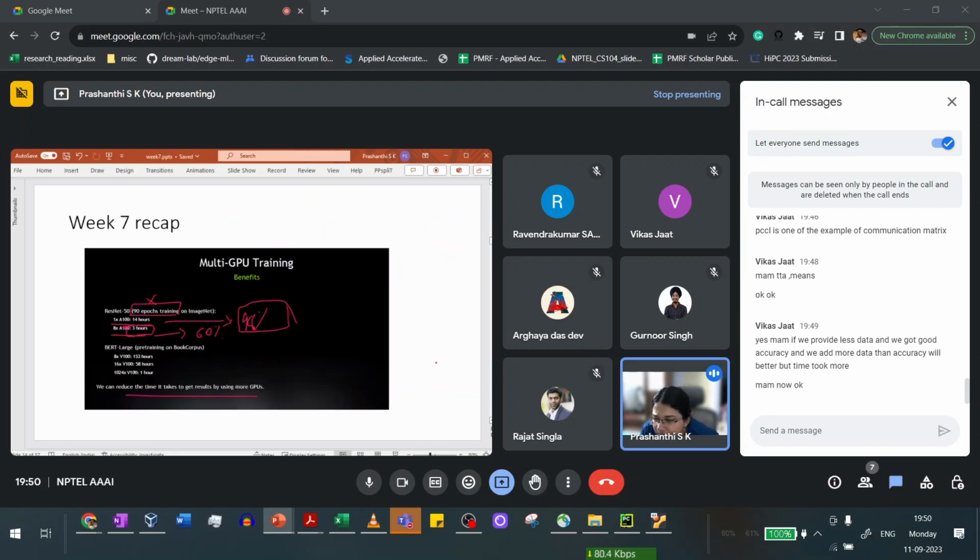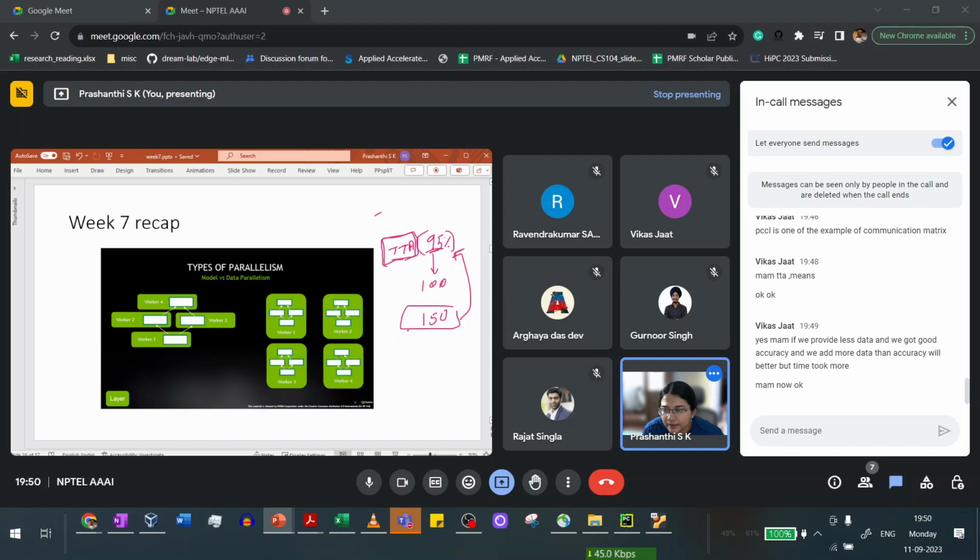Yeah, okay, let's see what the comment is. If we provide less data and got good accuracy, and we add more data, then accuracy would be, that's fair. But what we do when we compare things like this is we keep the data set the same. We don't change the data set and compare, because that's not a fair way of comparing, right? Because your train and test data set will decide the time it takes to train and the accuracy that you get. So what is usually done is you retain the same data set, and then you put out such metrics,